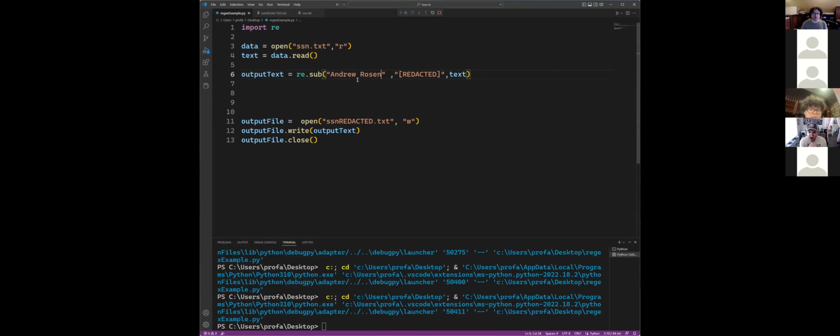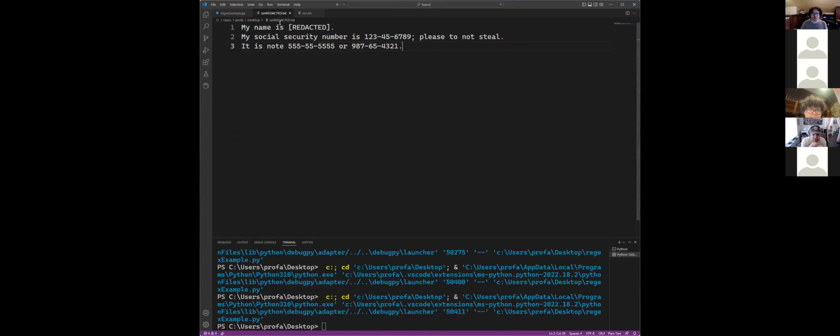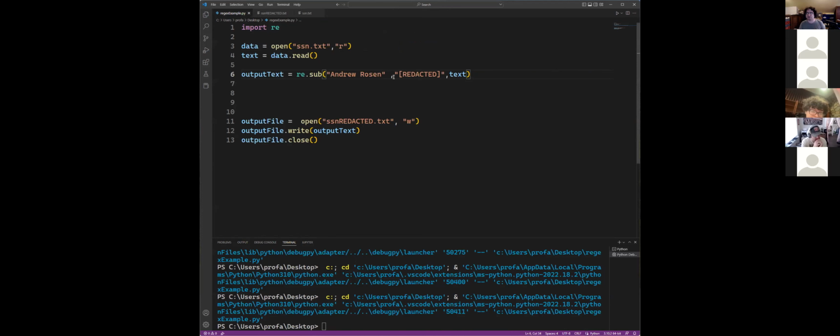Now, if instead over here I put in Andrew Rosen, Andrew space Rosen, notice that what gets redacted over here is my name. So regular expressions, again, are just really powerful. They're just find and replace with extra functionality. Now, going back to this number, 4, 5, 6, 7, 8, 9, well, the other thing I can do is